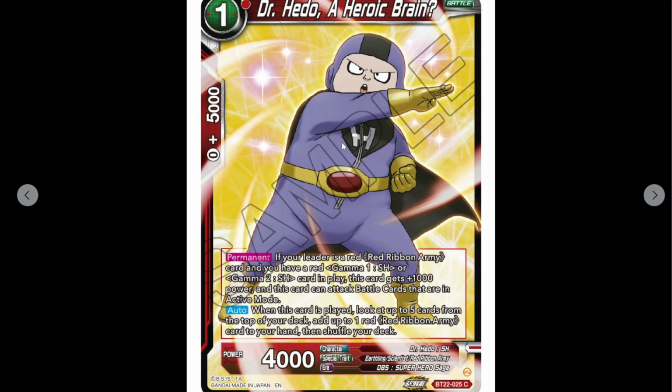Okay, so you got a 1 cost Dr. Hedo. It's got 4k power. It's permanent. If your leader card is Red Ribbon Army, which it will be, and you have a red Gamma 1 or a Gamma 2 in play, this card gains 1,000 power. Okay, I wanted to make sure that was 1,000. And this card can attack cards that are in active mode. But why? Yeah. It's not going to heal anything. I mean, yeah, it can hit your opponent's 1-drops, but just so they don't gain those effectively free 5k combo / Z energy, because it's just cheap Z energy, isn't it? Yeah. So it's a way of controlling those. But even then,